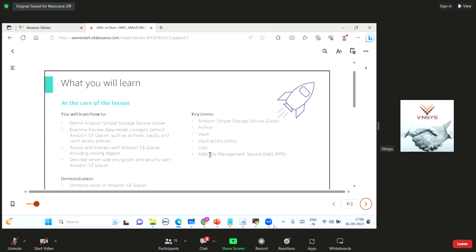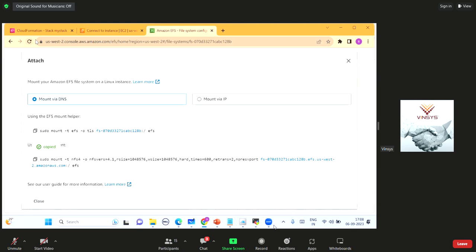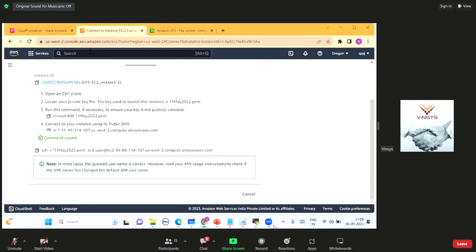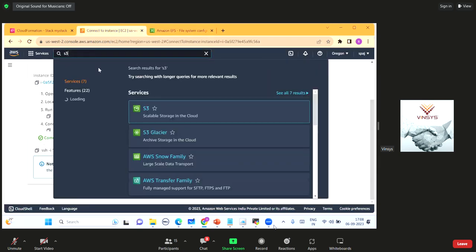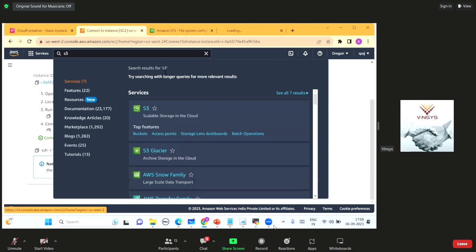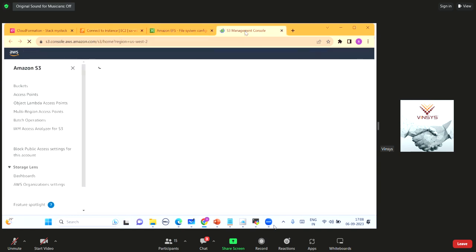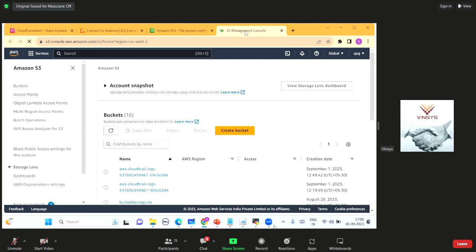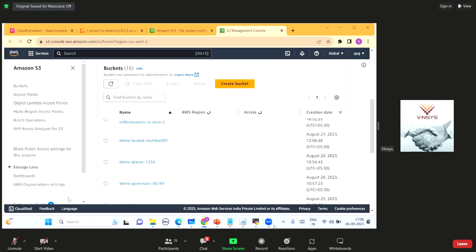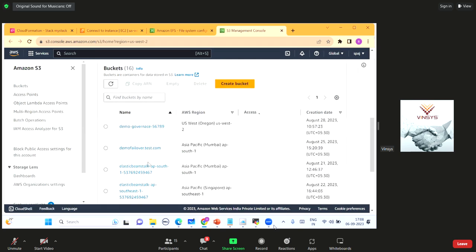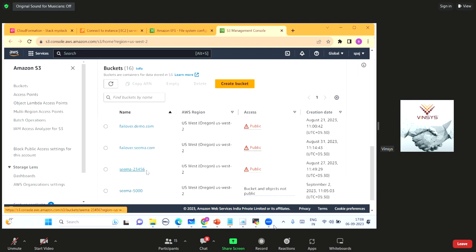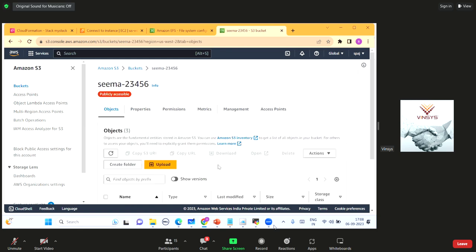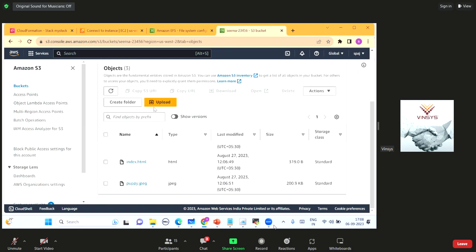First of all, you know that Glacier is an archival storage. Okay. So if I simply go to the S3 service here in my AWS account, and let me take any pre-created bucket maybe. Okay, so for example, let us say this one, 2, 3, 4, 5, 6. Okay, this bucket is there. I can upload the data,